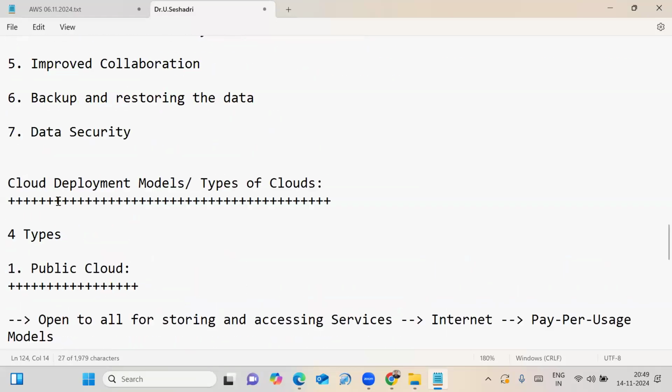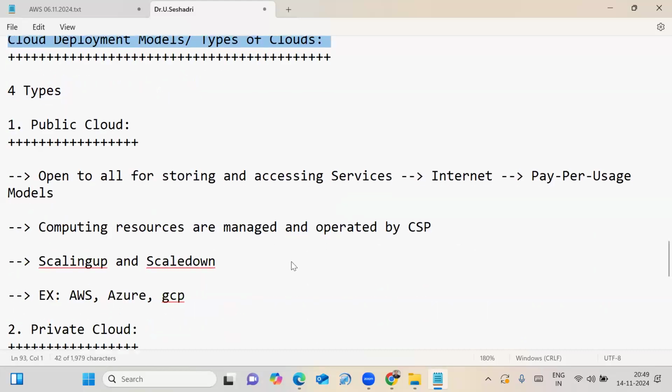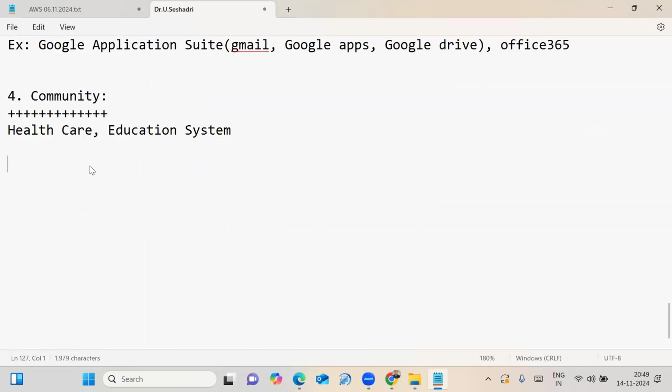See, in total there are 4 types of cloud deployment models. We also call them types of cloud. Fine. Next, in cloud computing, the basics of cloud computing, we are going to discuss